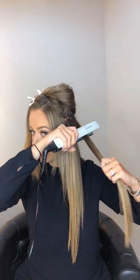So I'm going to pop the next section down and bring it to here. Once again, twist that guy over the head and pop it in there. So let's bring this one to the back. I'm going to do this really, really slowly for you guys. So front of the hair straightener, clamp,